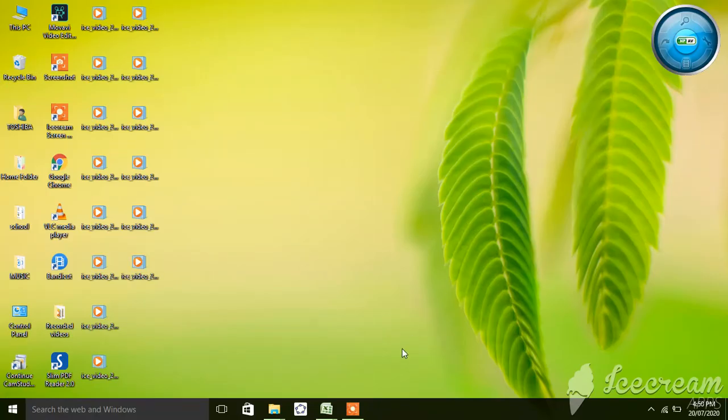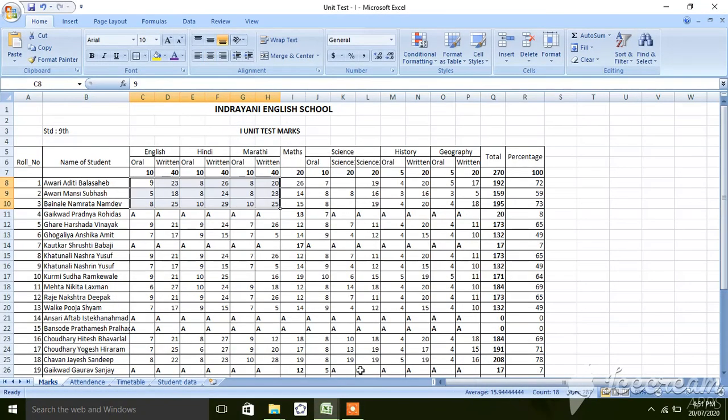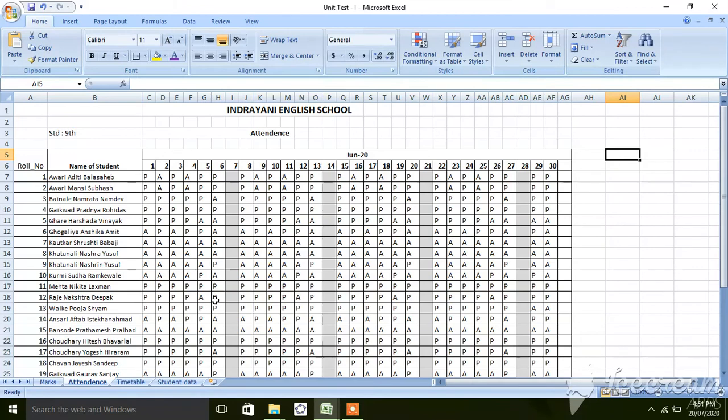I will show you some ready-made documents. See here the marks. You can enter the marks of the students and make the mark sheet in Excel. In the same way you can keep the record of attendance of the students.